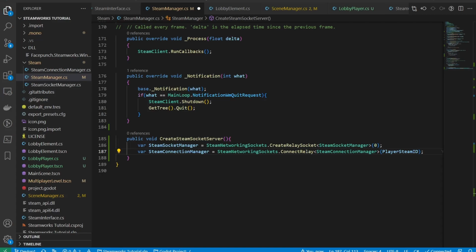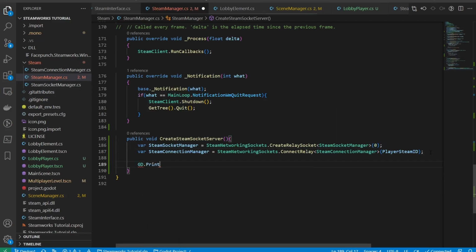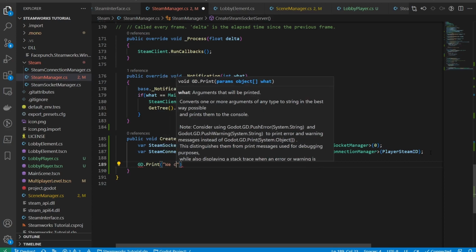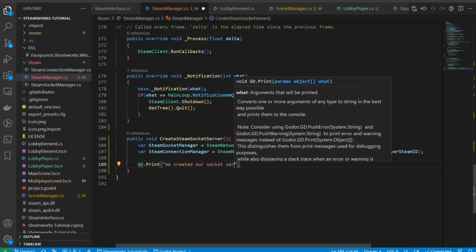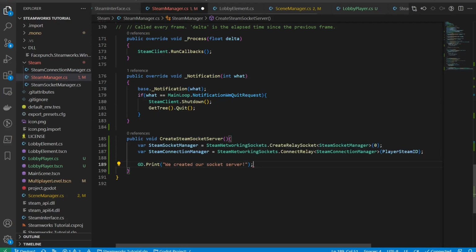Now I'm going to put in a small GD.print, and I'm just going to say we created our socket server. Just like that. Now, we also need to be able to join a socket server, okay? And we need to be really cautious when we join our socket server because we want to make sure that